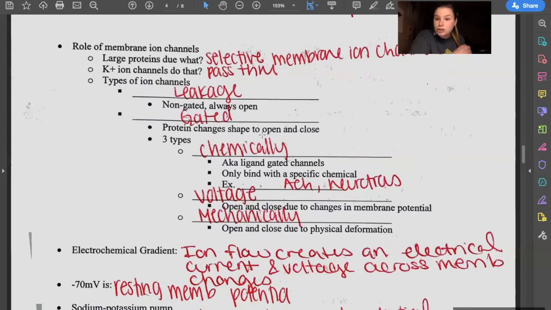We have chemically gated channels. Remember we talked about those with muscles. We have chemically gated ion channels, right? That bind ligand gated channels. A ligand is just a thing that binds that allows it to move, okay? And it only binds with specific chemicals. Remember we talked about how specific proteins and specific ions and channels have very specific lock and key mechanisms that allow certain things to go through and not other things, right? So examples are acetylcholine or